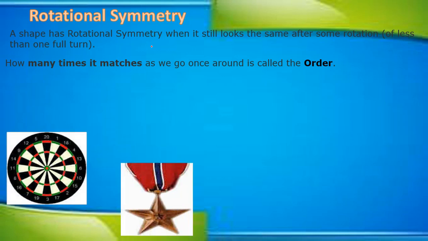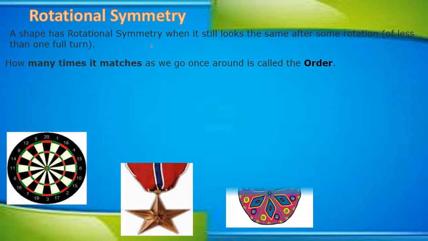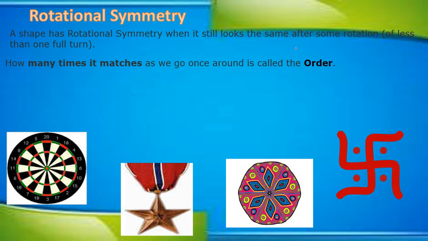So the figures which have some rotational symmetries are here. These are the examples. Consider this a circle. When it rotates, it can rotate by any angle, but it will look the same as a circle. And this star, as we have seen, this design also. Now this design divides into how many parts? 1, 2, 3, 4, 5, 6. When it rotates by a particular angle, 360 divided by 6 parts, so 60 degrees.